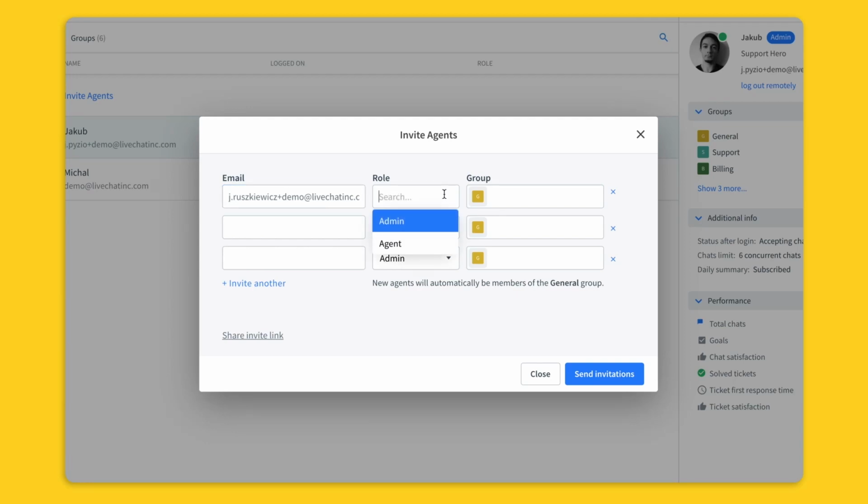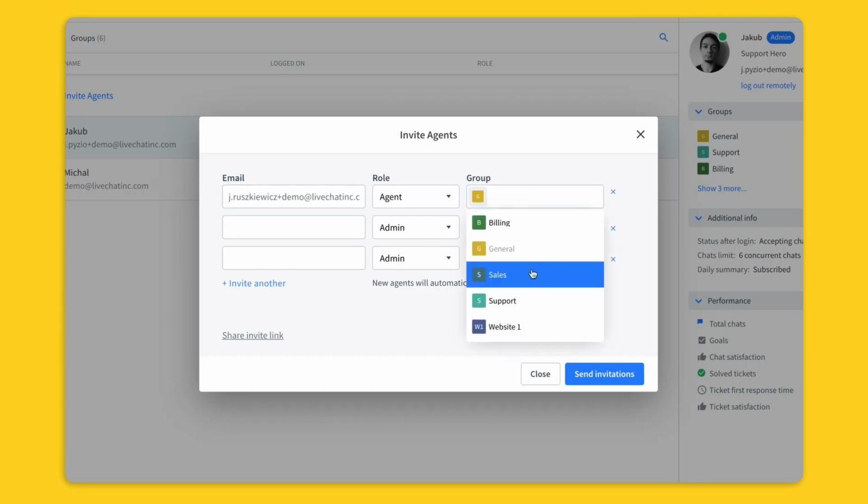A regular agent role for teammates focused on handling chats who don't need to or shouldn't have access to all the features in LiveChat. There is also the admin role, which has full access to all features. We recommend setting it only for specific members of the team, as they will be able to change all settings on your LiveChat license. Here, you can also assign agents to a particular group, which brings us to the group